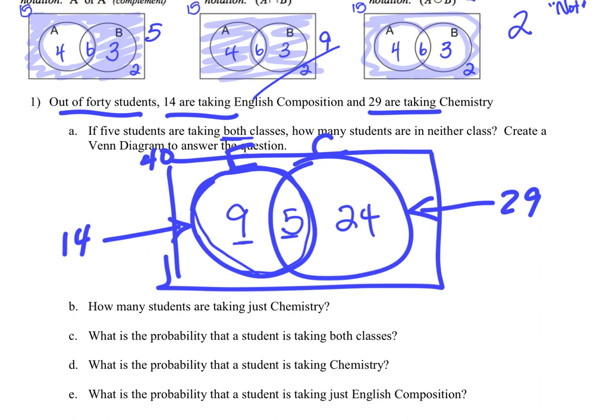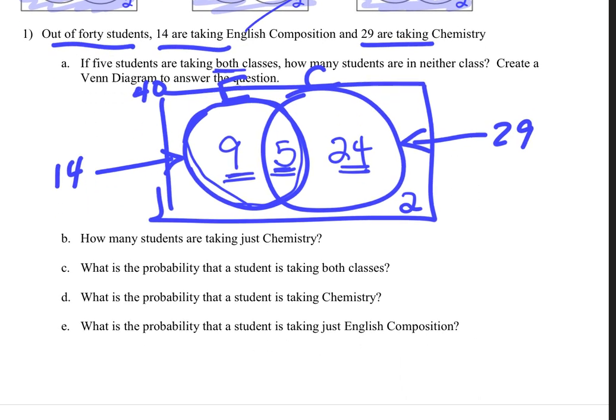If I add these three together, I get 38. So that means 2 people aren't doing any. Because when you add all these 3 together, I get the people that are taking English or chemistry. So if that's 38 people, that means that 2 aren't. So from that information, I can now